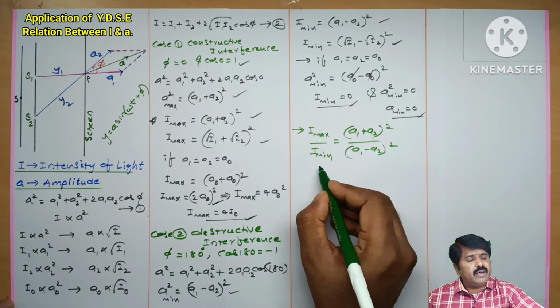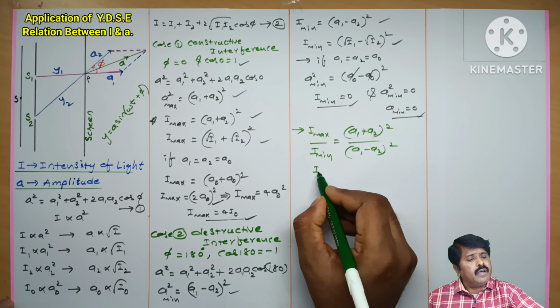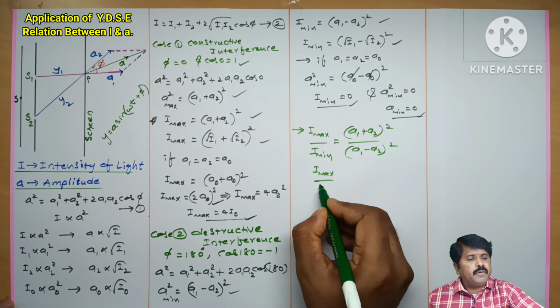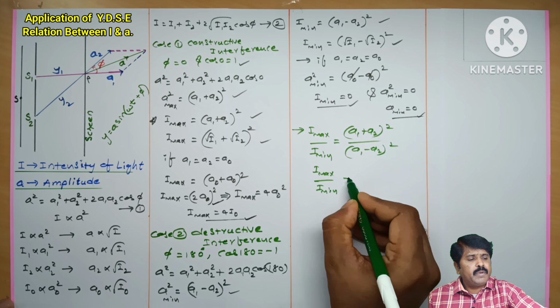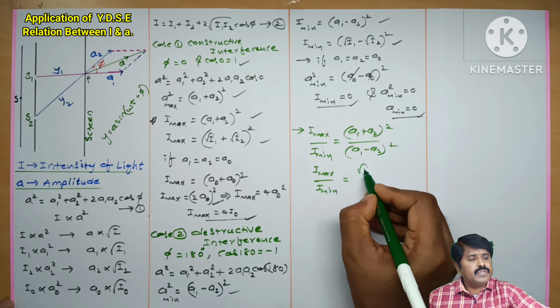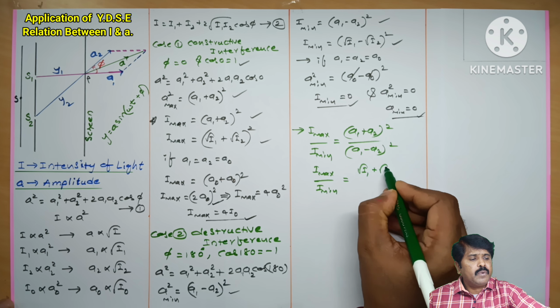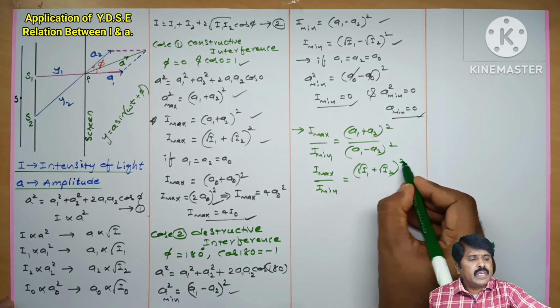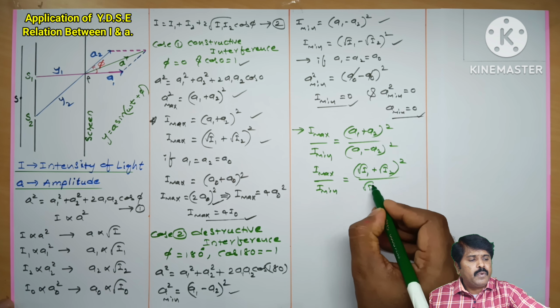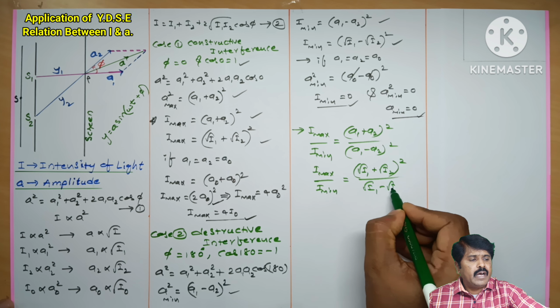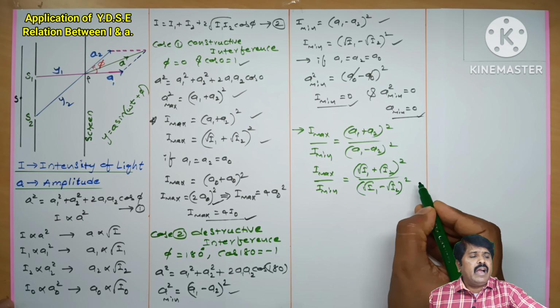And we can also write I maximum divided by I minimum with respect to intensity: (root I1 plus root I2) whole square divided by (root I1 minus root I2) whole square,